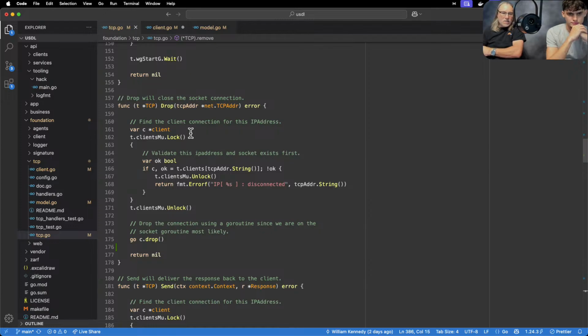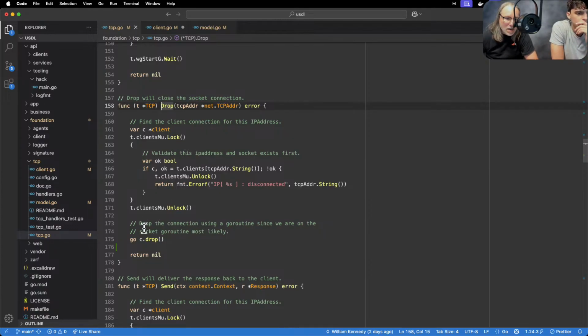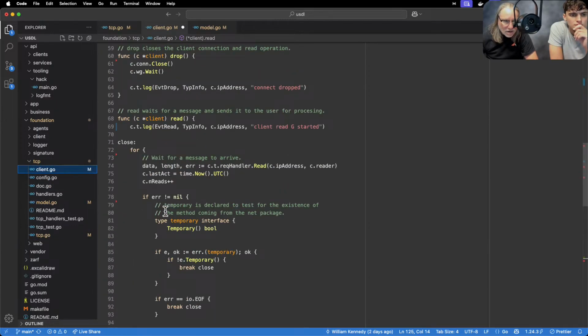Now, if we look at this original code, it looks like I'm doing a map lookup for that. And if I don't find it, then I'm sort of out, right? Like it's not in the map. If it's not in the map, that means they disconnect. And then if it is, I call drop. Now I do this. Drop the connection using another G since we are on the socket routine, most likely. Again, the idea here is that if we're on the go routine, that if for some reason this go routine,